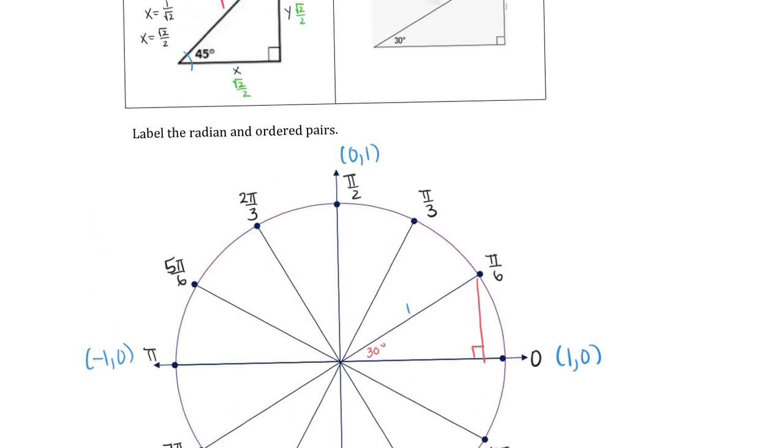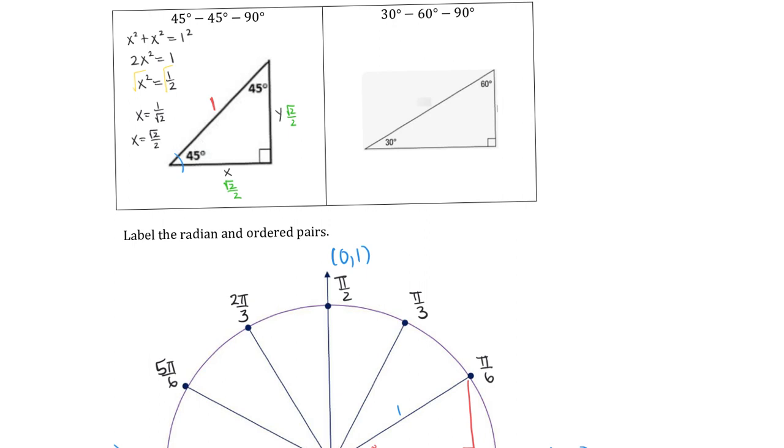So let's look at this special triangle here. This is 30, 60, 90. Because this is the unit circle, the radius is 1. Now remember the pattern for this was, if this is 1, this is 1/2. And then the pattern was, if this is 1/2, this is 1/2 root 3, or we could do the